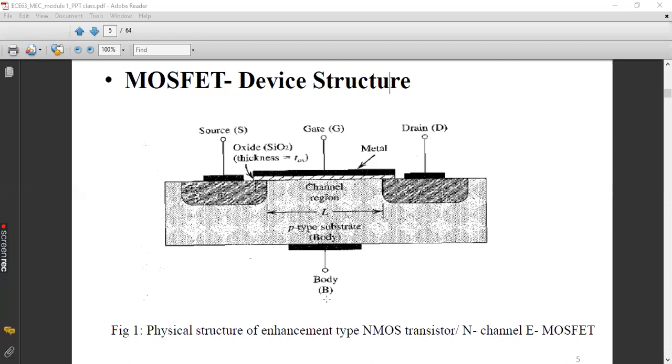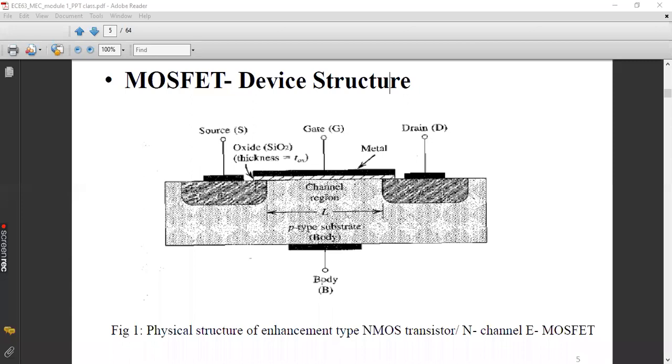Normally, we won't use the body, but for some applications, we will use this body also. I'll tell you when it will be used. As of now, you just learn that we have 4 terminals. Even though you have 4 terminals, this MOSFET comes under the 3 terminal category only, because the body terminal will be used only for some specific applications that we will discuss in the second module.